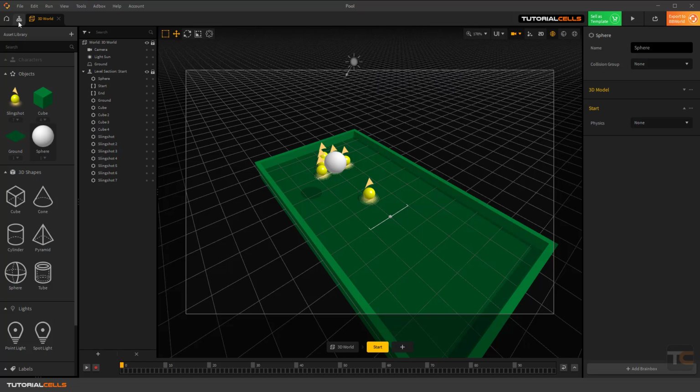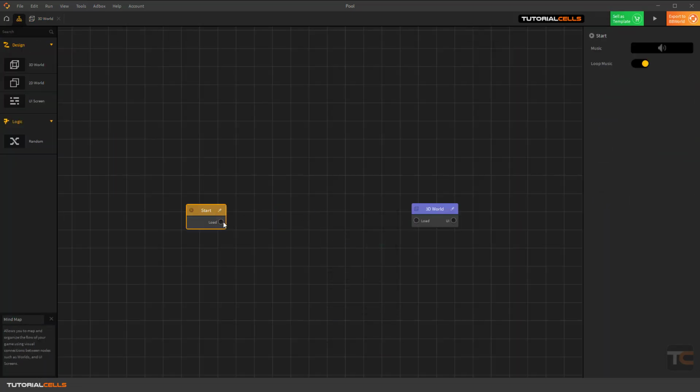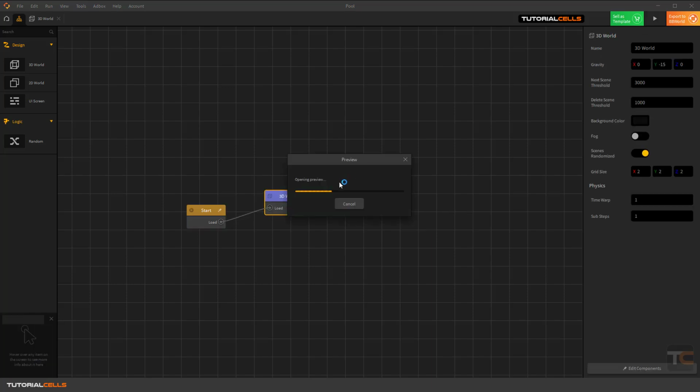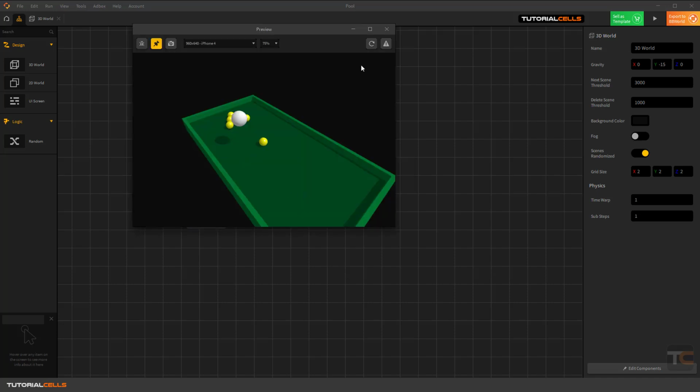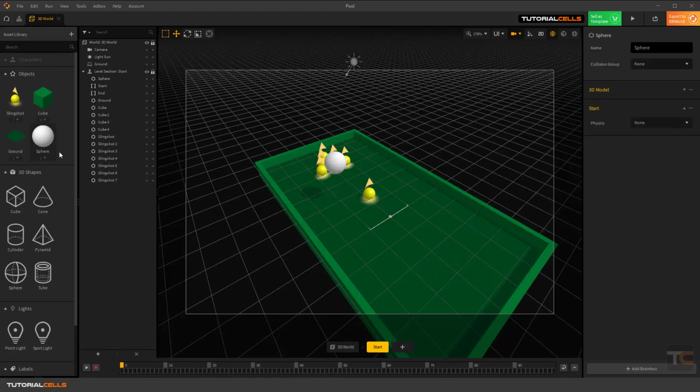For that, I want to go to the mind map, and I don't want this UI. I just want to directly go to the 3D world. I explained it before. If you play, it's directly going to our game, and you don't need to play in game. That's nice. And all of the settings will turn on. We don't have anything. But if you set to dynamic, it's dynamically bouncing and going to be